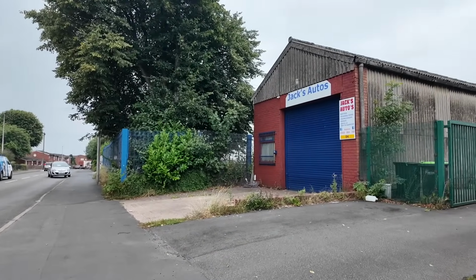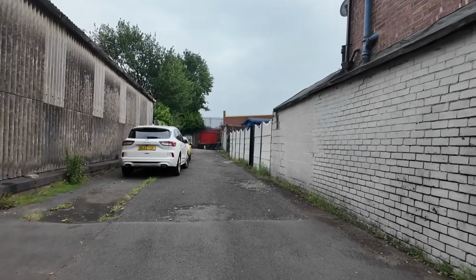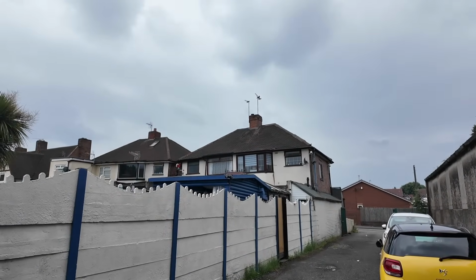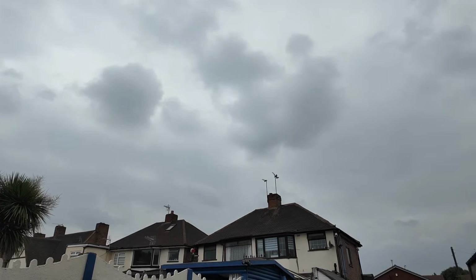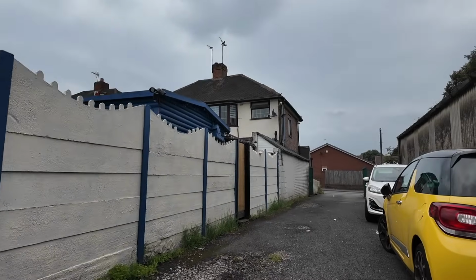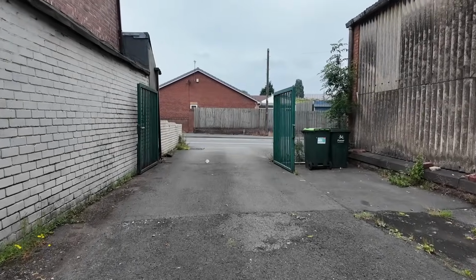This is now Jack's Autos now. I don't know whether we can actually... The gate's open. Let's see if we can get down the back here and have a look around the back of the house, see if we can see anything around here. We've just come up this passage access road. It's just can't quite see. Maybe you can see how this one house on the right leans more to the left and the one next to it leans to the right. Well, I'm not sure I'd be happy living in there with that